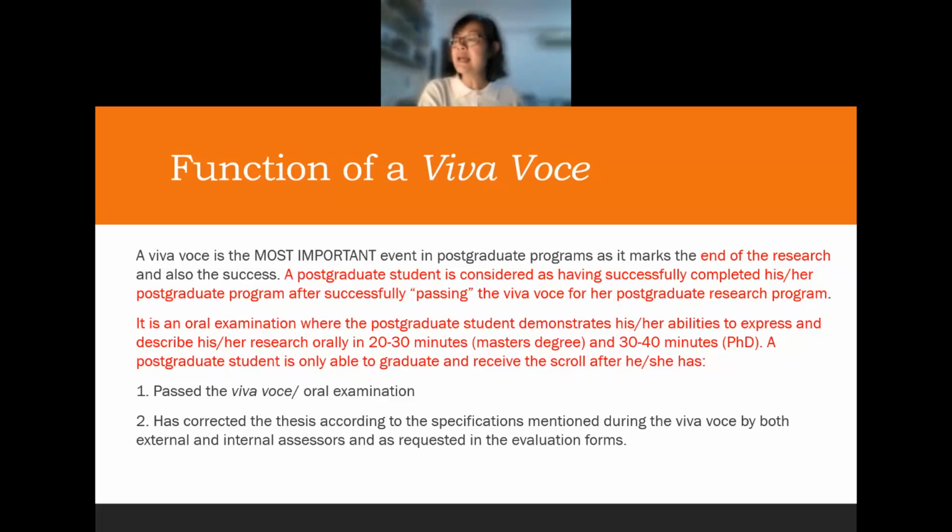During the viva voce, people can fail you because they say you can't even express yourself. You cannot express what you have done. So you fail. People have failed their PhD, people have failed their masters or had to resit, meaning you are given 1 year to redo it. Most of the time they make you redo the whole thesis, sometimes with more than 1 year, and then you come for viva voce again.